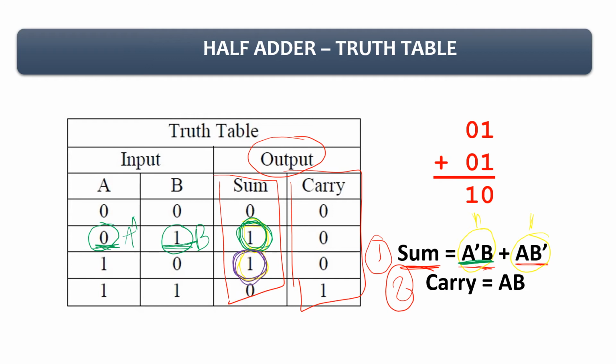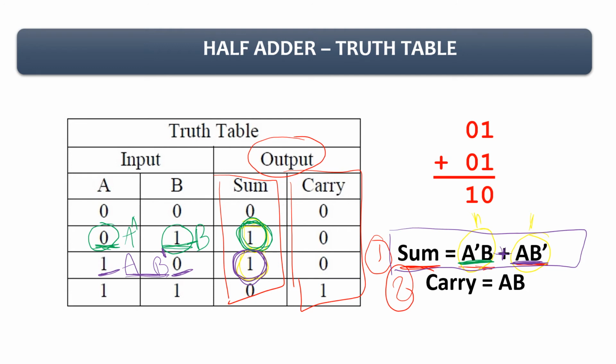And the second one. Here I have A and B, but as you can see B has a value 0. So here I'll have B dash, and for this A. So what I got is AB dash. Yes, I got AB dash. And why the plus sign? Because we are performing an addition operation, this or this, and so we got the expression A dash B plus AB dash. Fine.